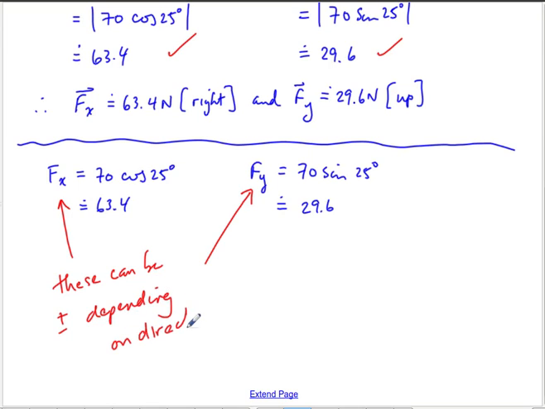And there's nothing wrong with that. There's nothing wrong with this notation. There's nothing wrong with doing it that way. I don't know how much you're going to see this in your math textbook. But the reason why these can be positive or negative has to do with the angles that we're working